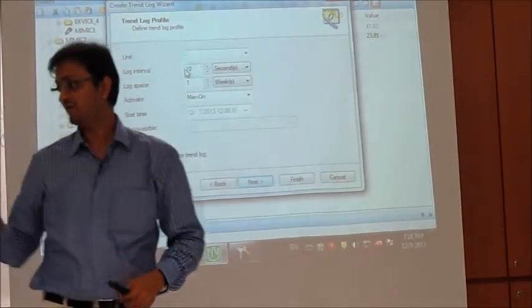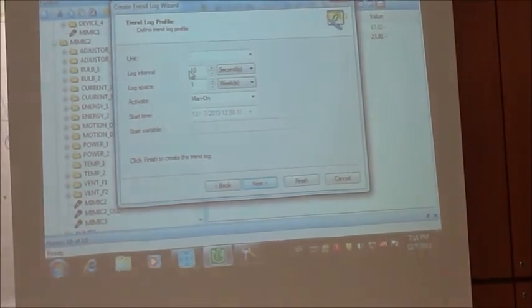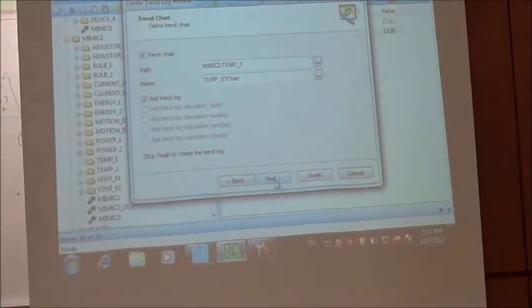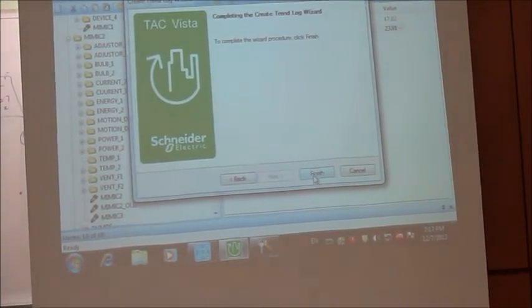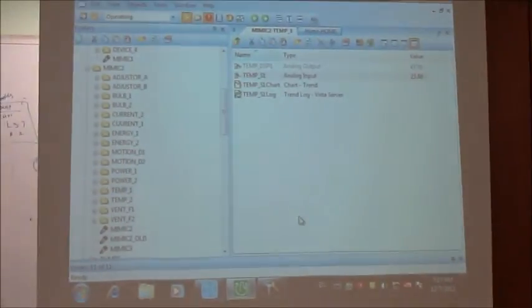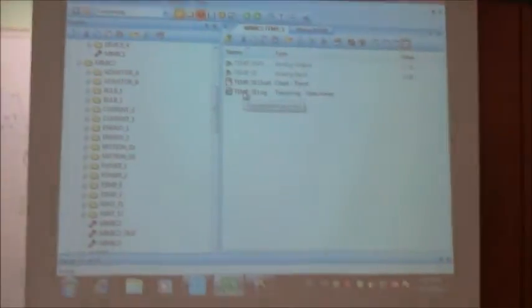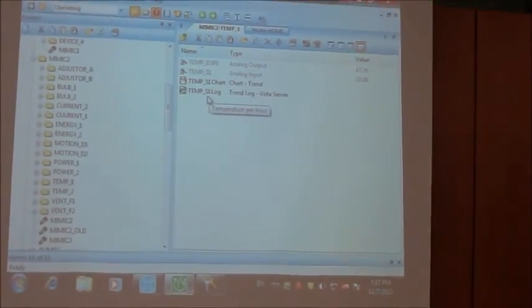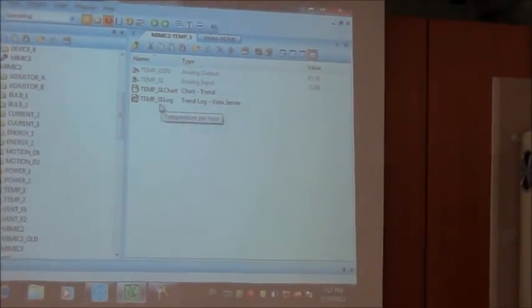How do we do it? Now I am doing a recording of 10 seconds, correct? I just say next, okay, and then next, finish. I will do one more time again, okay. So you will see you have a log temperature, log chart here. For us it is temperature. Let's wait for 10 or 20 seconds. Then we will click here. What's the difference between this and